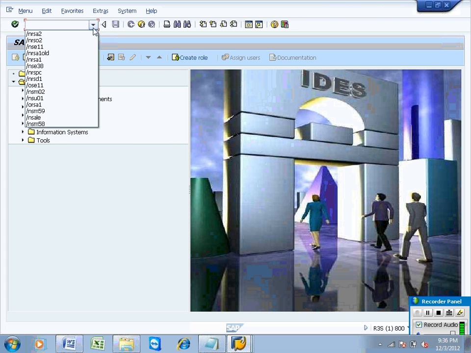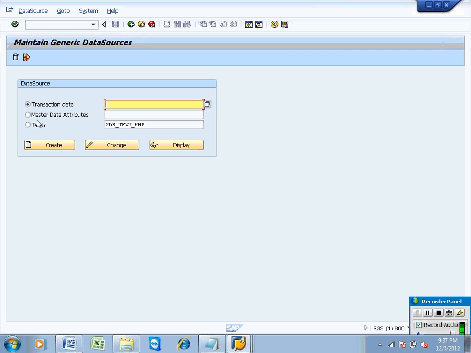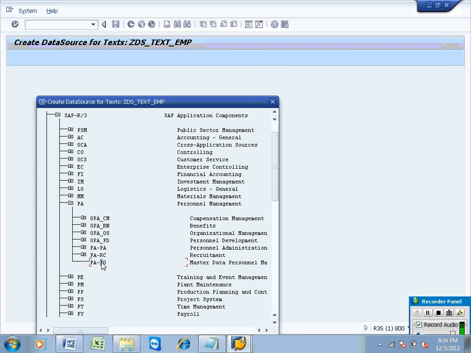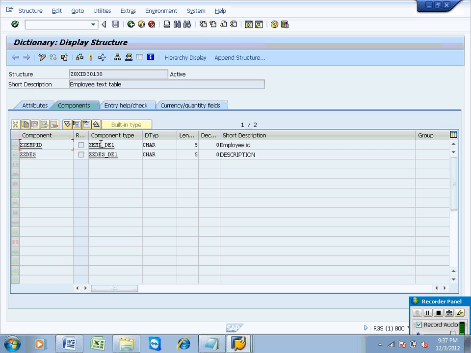Now I think in this system we do not have it. Maybe I will showcase that information. So we have the data source ready, and this structure is generated. If you double click on this one, you can see the structure has 2 fields, and your extract structure also has 2 fields.